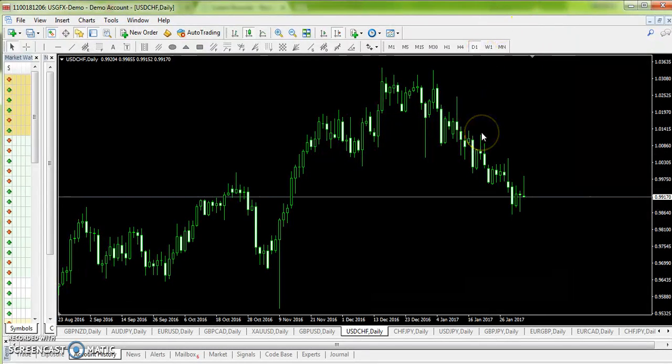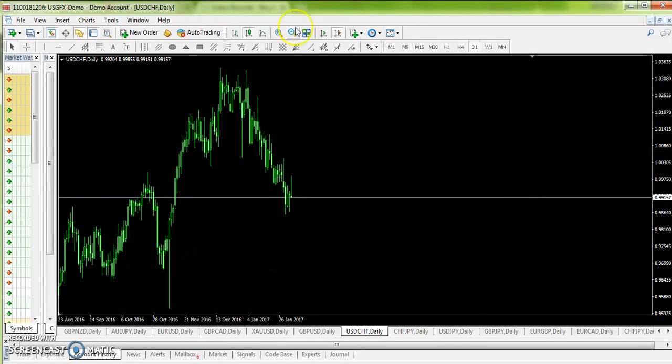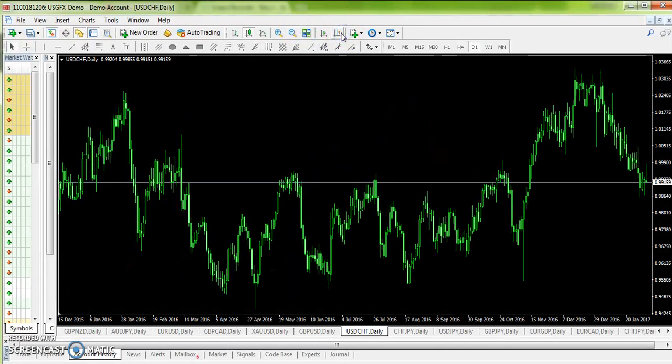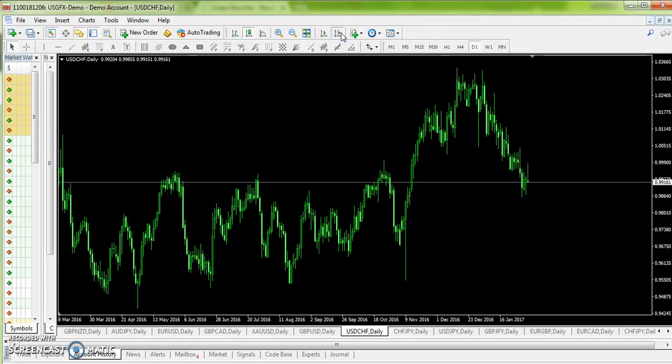Okay, we are now on a daily chart. In order to know in detail what's going on, I need to have a bigger picture. For this I need to zoom out a little bit so that I will know what's going on. Okay, actually here you can see